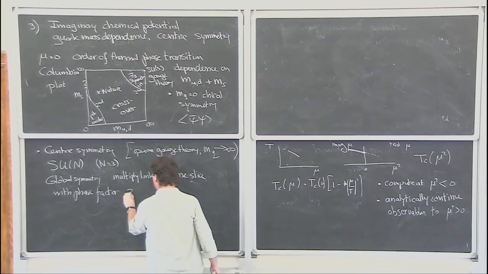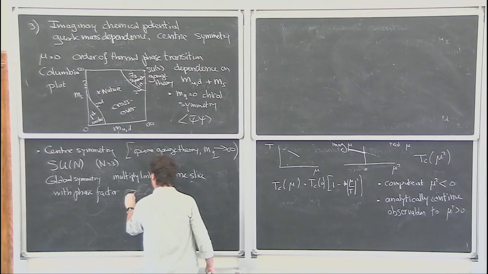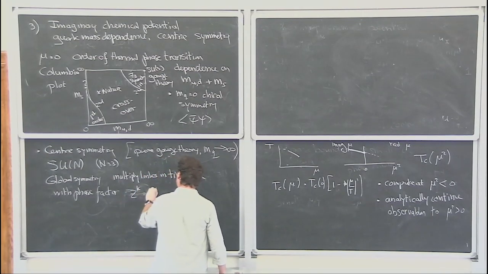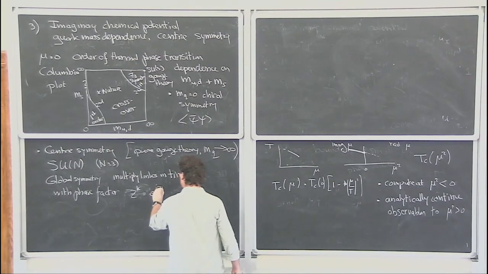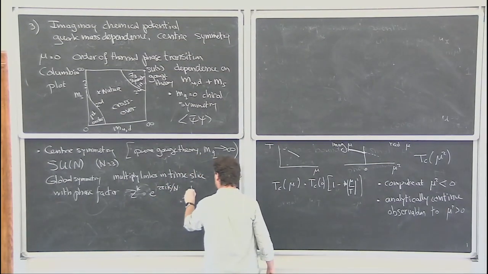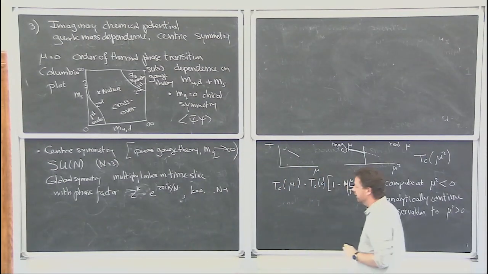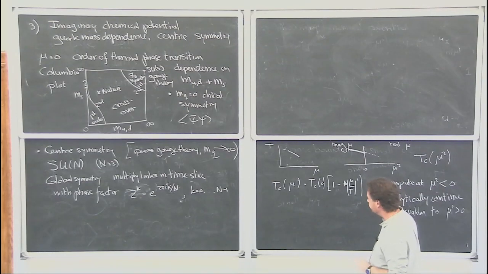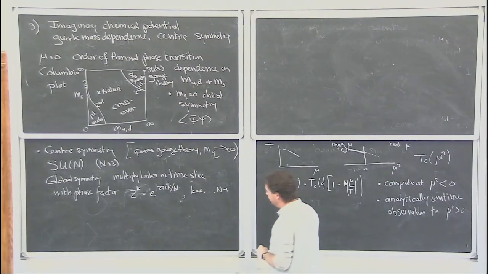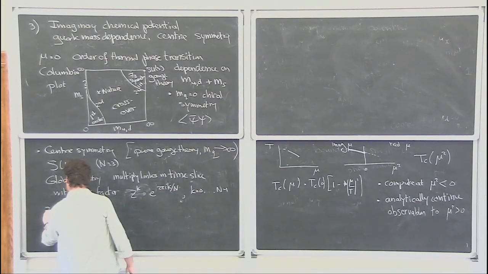And this phase vector we call Z is e to the I, I'll call it Z to the power k, as e to the I pi, so equal to 2 pi I k over n. And so k is an integer 0 to n minus 1. So I can have n different phases. Now these phases are actually elements of SUN,